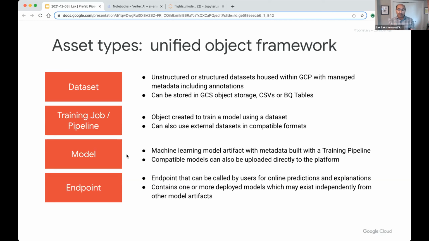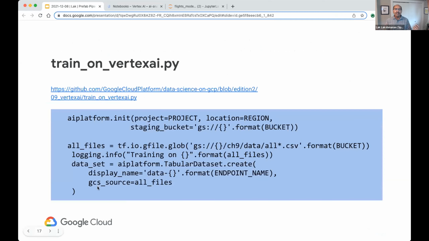And the endpoint is the thing that gets called that contains multiple models. And you orchestrate all of these things using a training job or a pipeline, right? And the pipeline basically is: take a data set, train a model on it, deploy to the endpoint. So essentially, the way you start is that you basically have, now in my case, a train on Vertex AI,